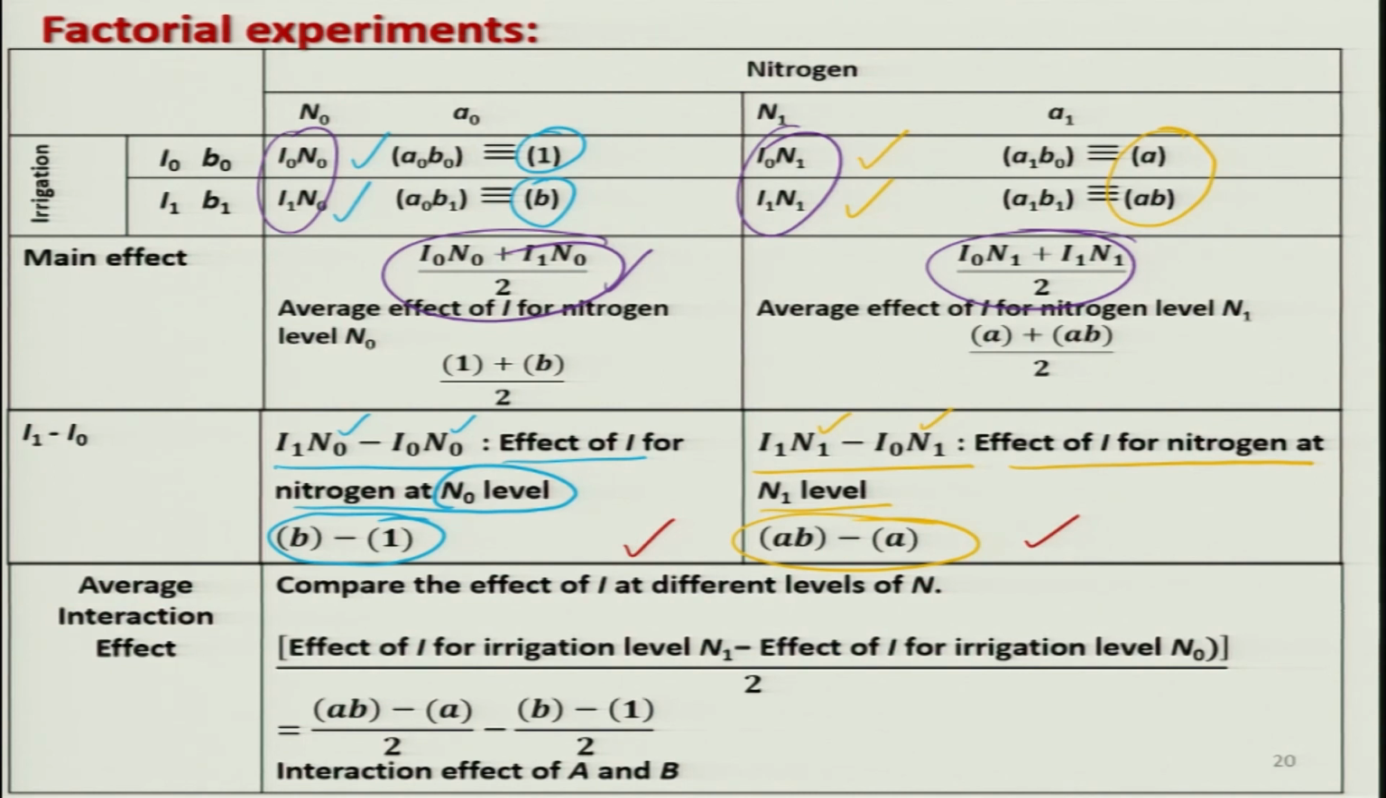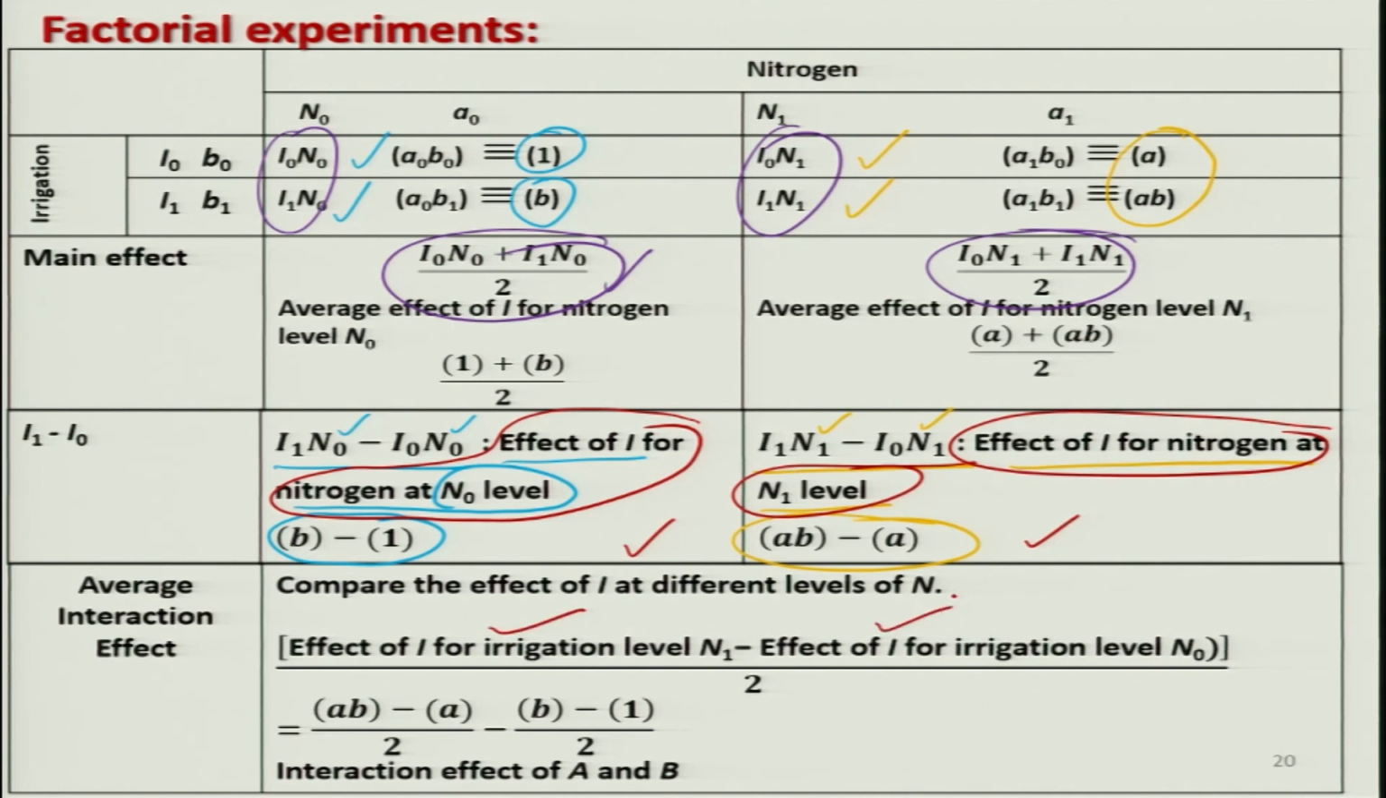If you try to see here, I take the effect of irrigation for N0 level and the effect of irrigation for N1 level, and I try to find out this difference, the effect of irrigation for level N1 and irrigation for level N0, and I divide it by 2. There is a reason why I am dividing by 2. And the same thing, if you write it in terms of 1, A, B, AB, you can write AB minus A divided by 2 minus B minus 1 divided by 2,